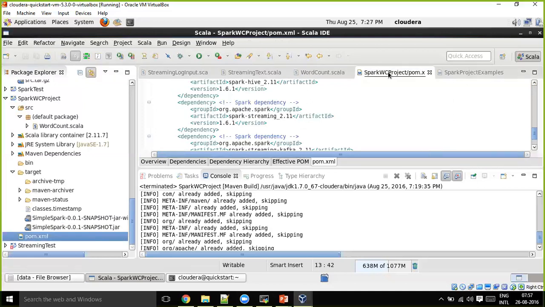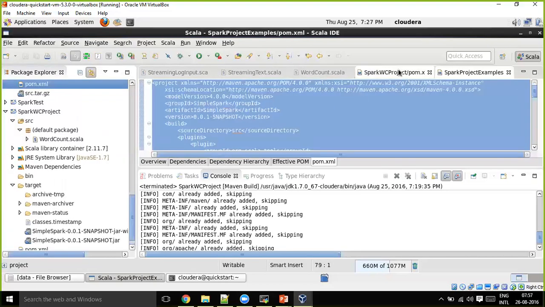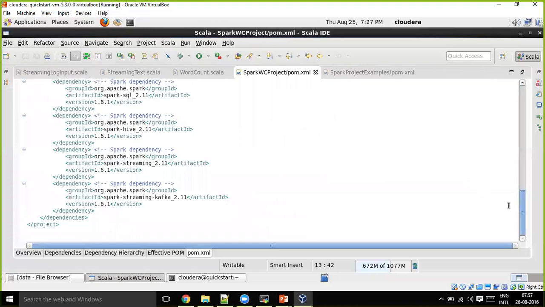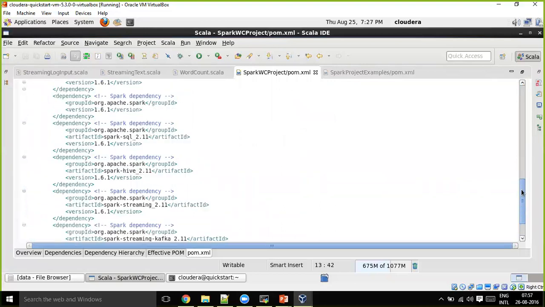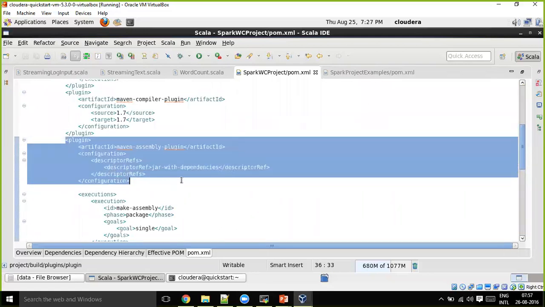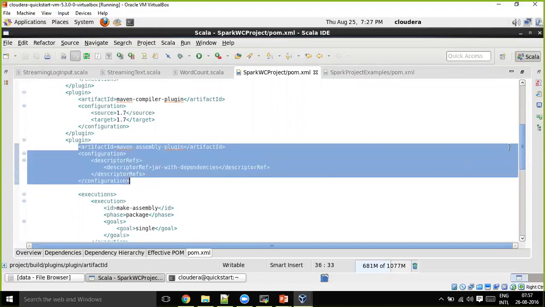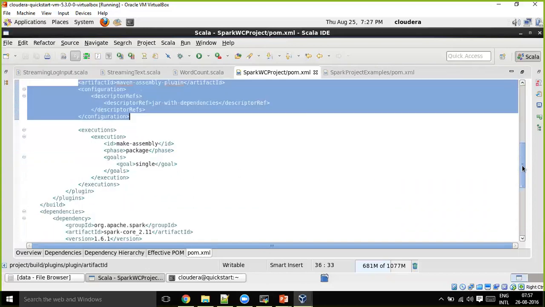So for that, in your pom.xml file, we specify one property here. If you observe here, I have added one plugin to create a jar with dependencies. This is the plugin that causes the preparation of a jar combining the other dependent jars into this jar only.